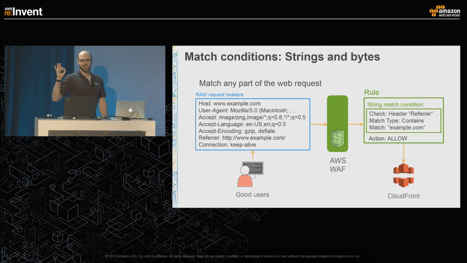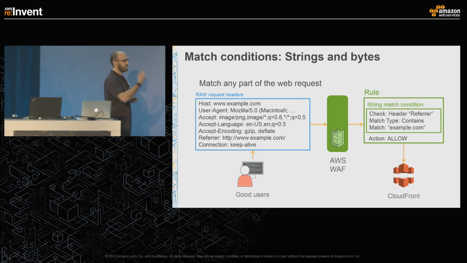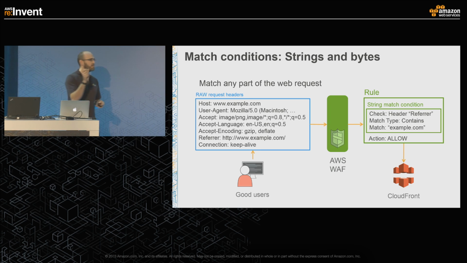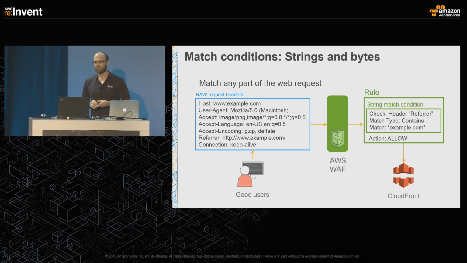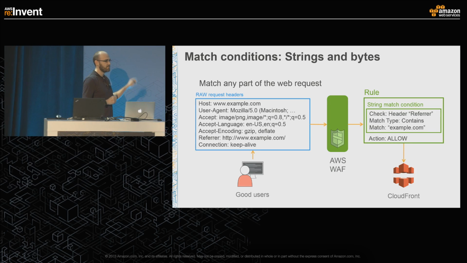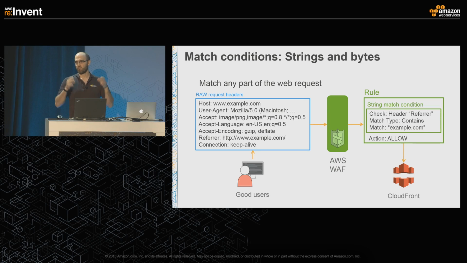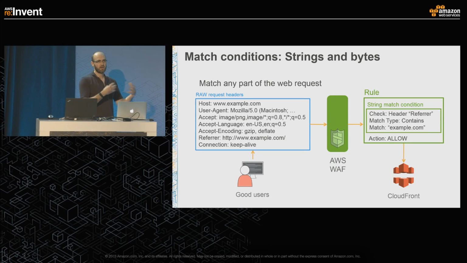Okay, so a good browser sends a referer header, example.com. Now, under normal circumstances, when you have a website and the browser's requesting objects, the referer header will match that same website. If somebody's hot linking to your content, that referer header is going to look like something else. It'll be a different website. So you can create a whitelist based on that and restrict access to only people that are accessing your objects